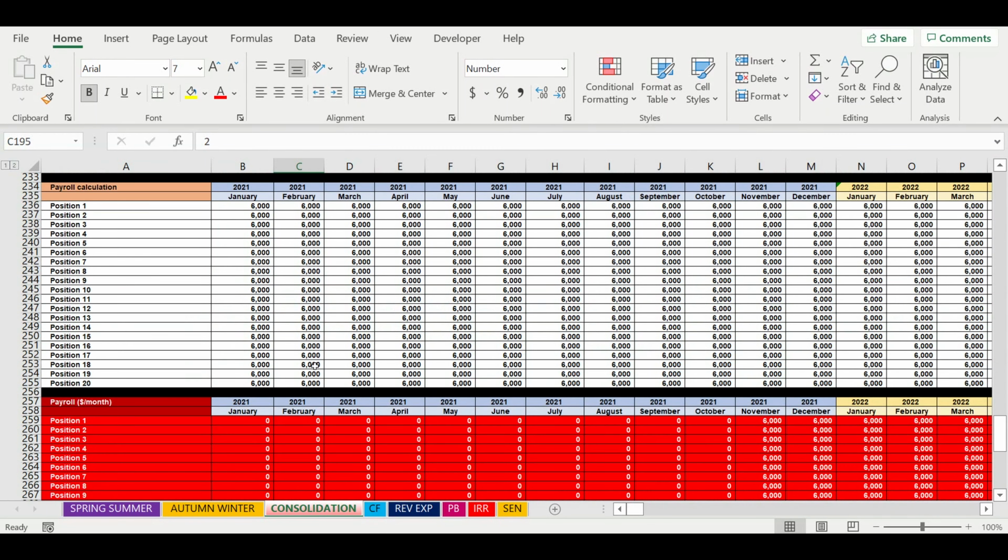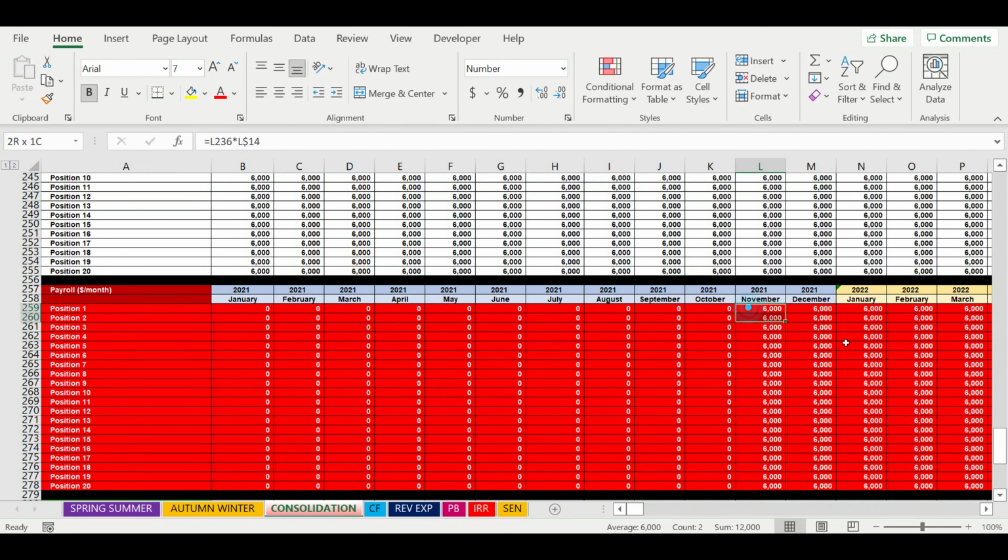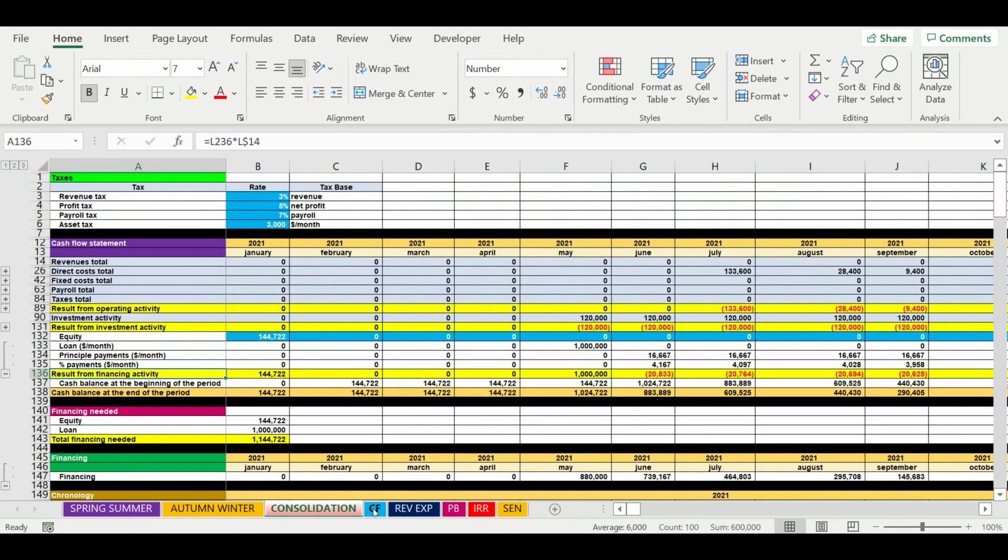And this payroll starts right from the moment when we start operating activity. So this is automatic. Then we go to the next spreadsheet, and we specify different taxes. For example, we have revenue taxes, profit taxes, payroll tax, asset tax. We specify the values of these taxes. And finally we can see